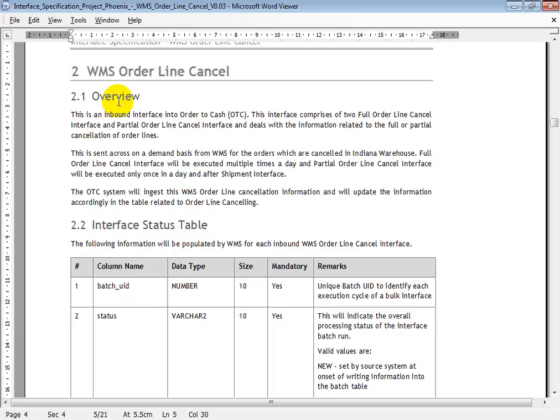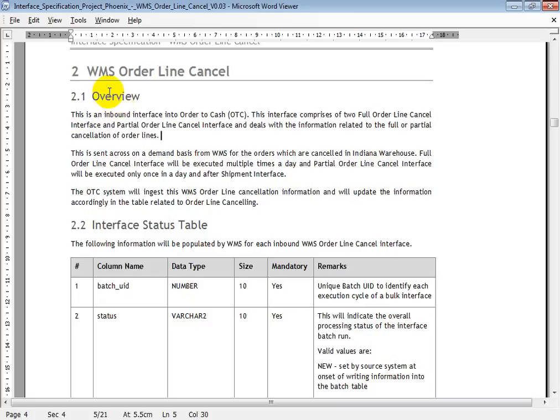We haven't seen that in the screens. It's not there on the screens, in the order screen. It is not there; directly it is initiated from Indy, WMS. After it gets updated into OTC, you will be able to see it. When it flows back into OTC, then it shows on the screen.